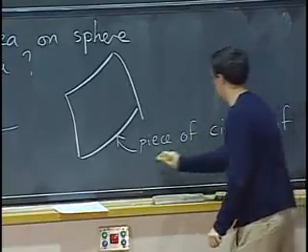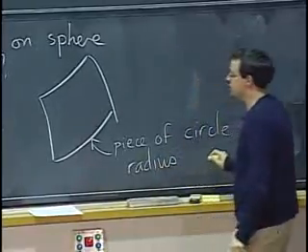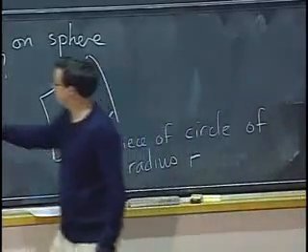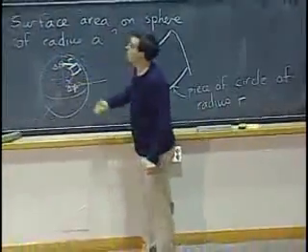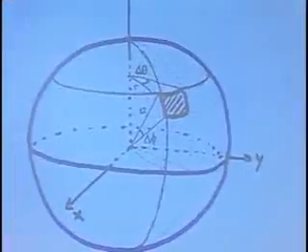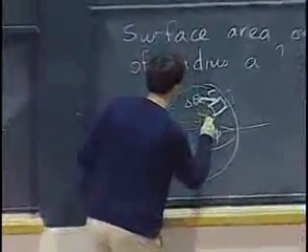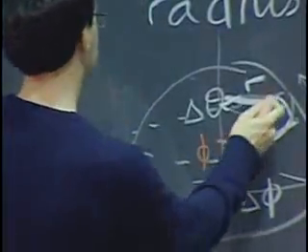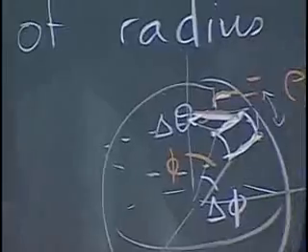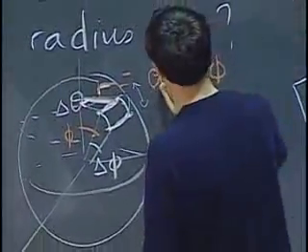Anyway, this is a piece of a circle of radius, well, the radius is what I would call r, because that's the distance from the z-axis. So if you can see it better on this one, this length is r. And r is rho times sine phi. Remember, we have this angle phi in here. So r is going to be rho sine phi, but rho is a. So let me just put a sine phi.